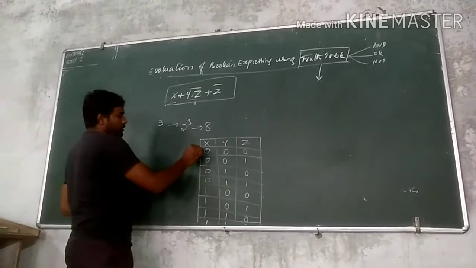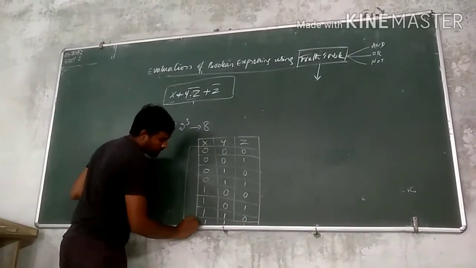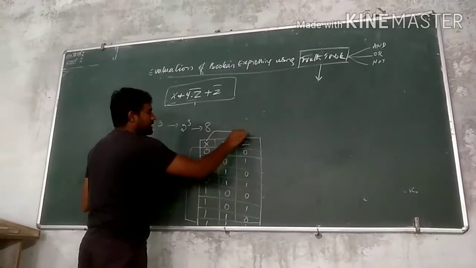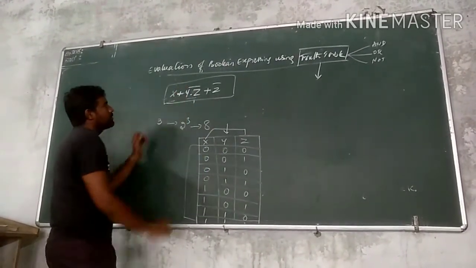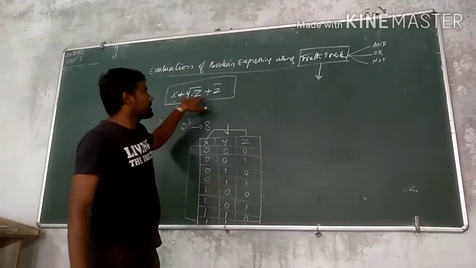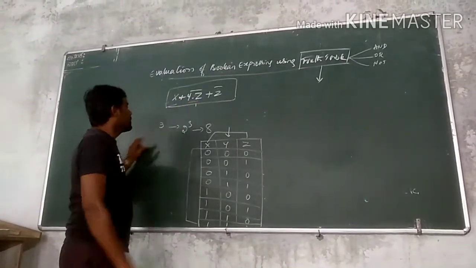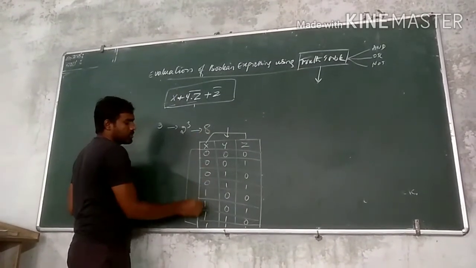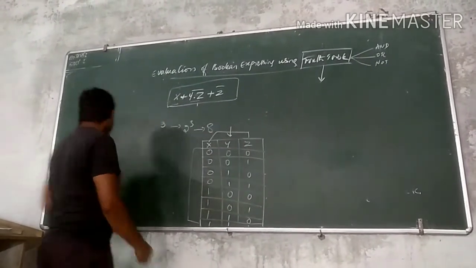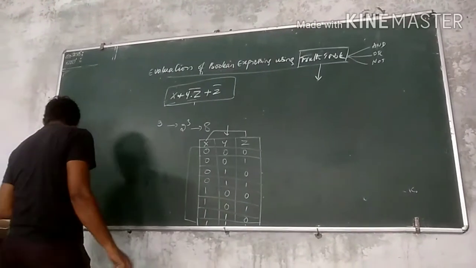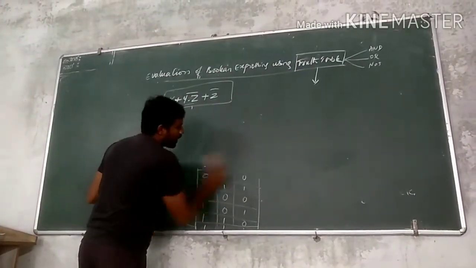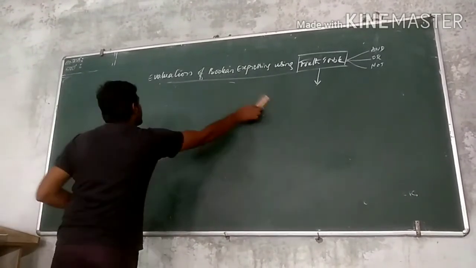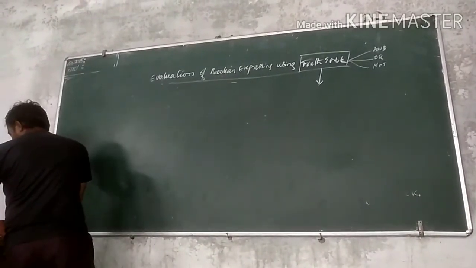You need to find out how many zeros and how many ones we should take here. It depends entirely upon the variables present in the expression. In this expression, the variables present are x, y, as well as z. So 3 variables are present, that can be written as 2 to the power of 3, total 8 binary values, that is 4 zeros and 4 ones should be taken here. Let us start with one example of how to solve this.